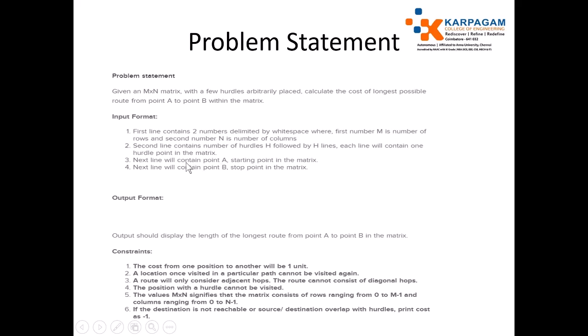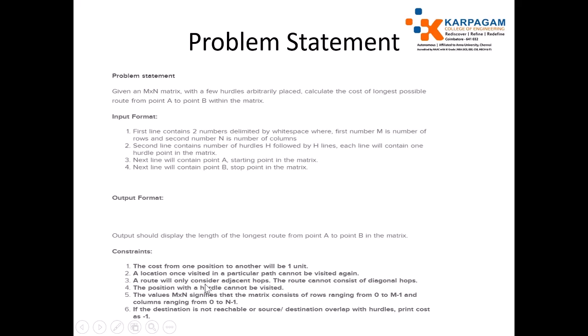Third, the next line will contain point A, the starting point in the matrix. The next line will contain point B, the stop point in the matrix. We have to mention the size of the matrix, where we have the hurdles, and the starting point and ending point. The output format: output should display the length of the longest route from point A to point B